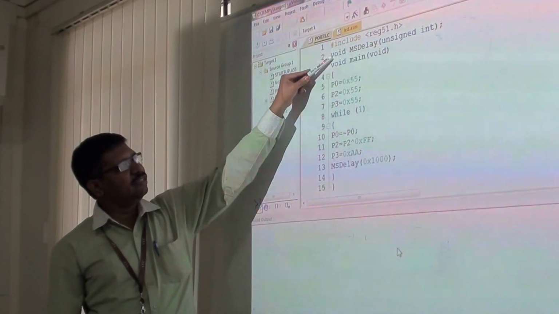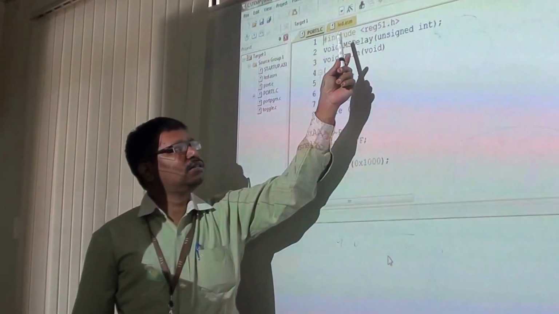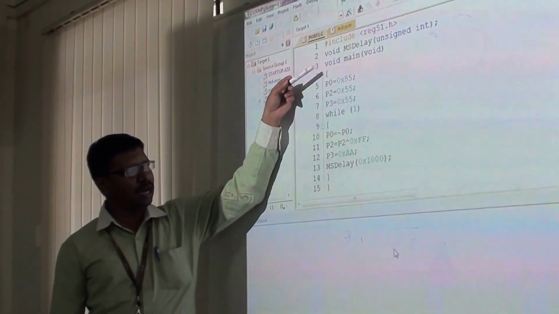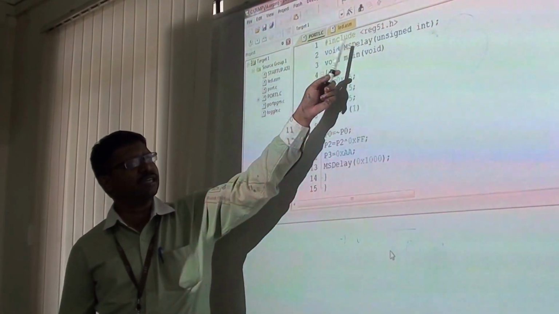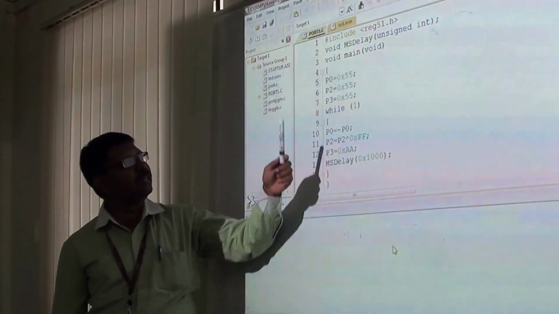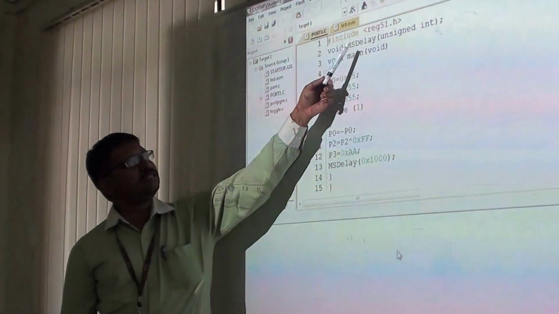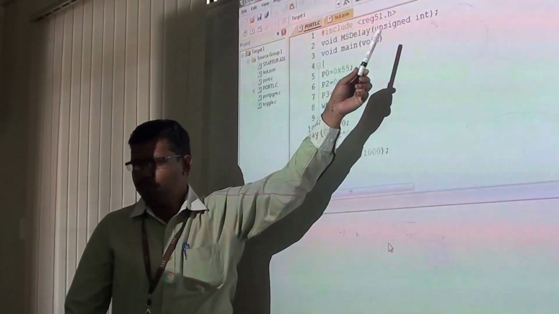The next line, after including the header file, is the declaration of whatever subprograms or functions we are going to use. The function we are going to use is to develop a microsecond delay. Therefore we have given the name of the subroutine or function as msdelay. It is going to have an input. The input will be in the form of